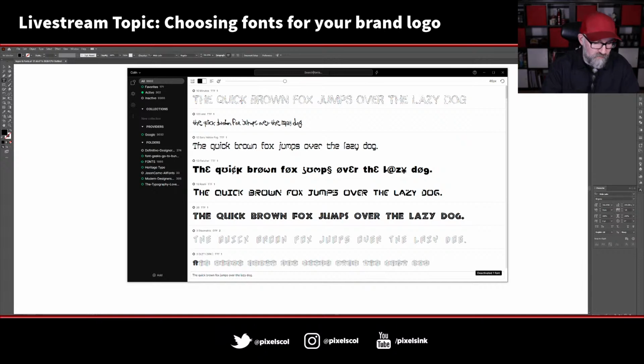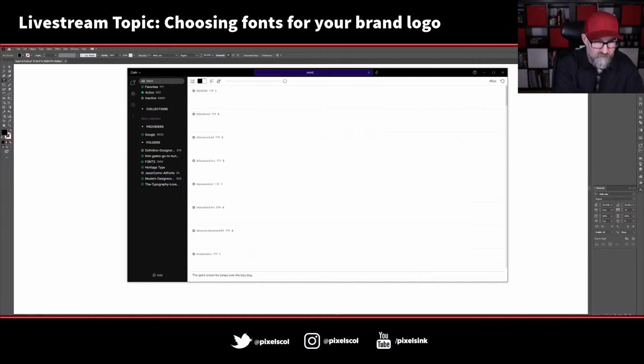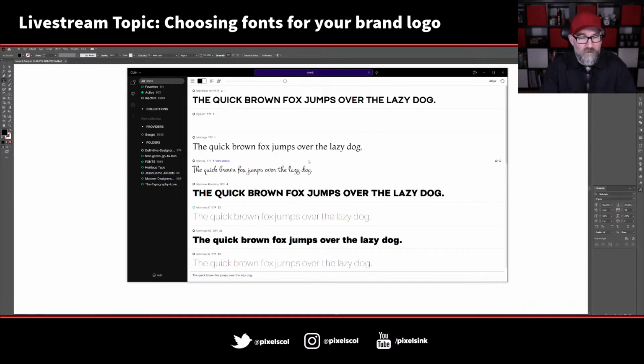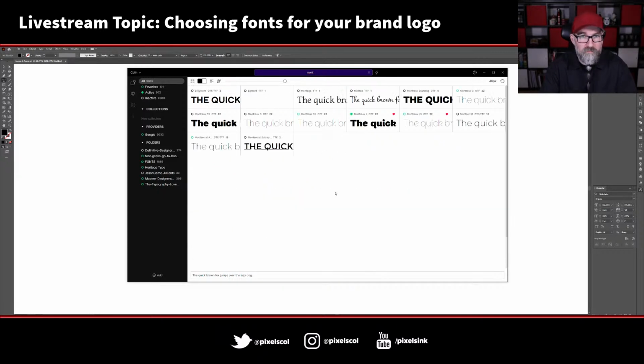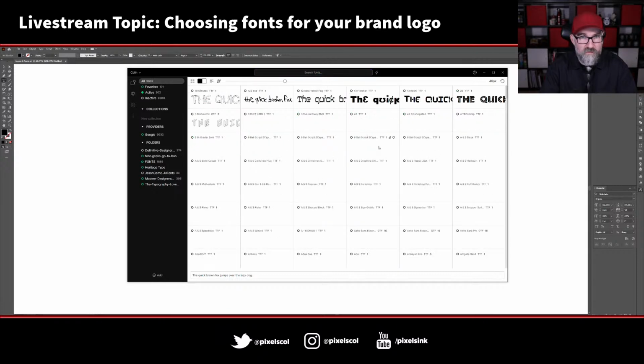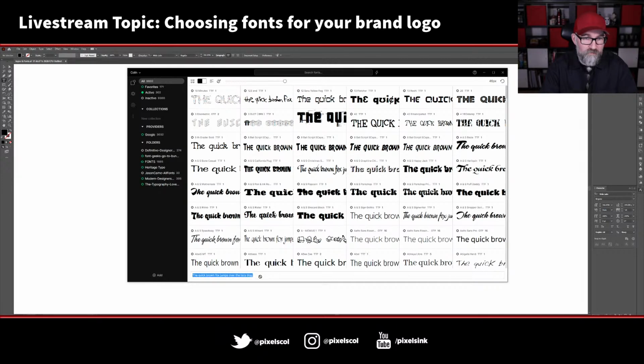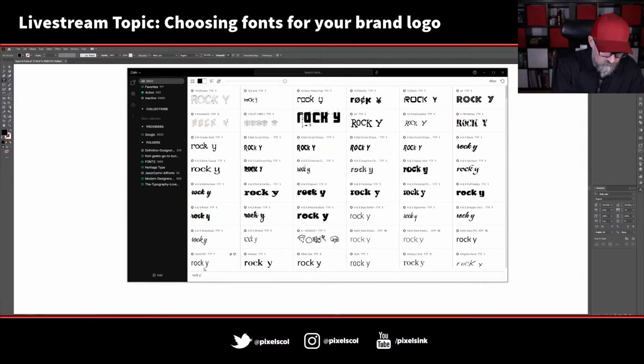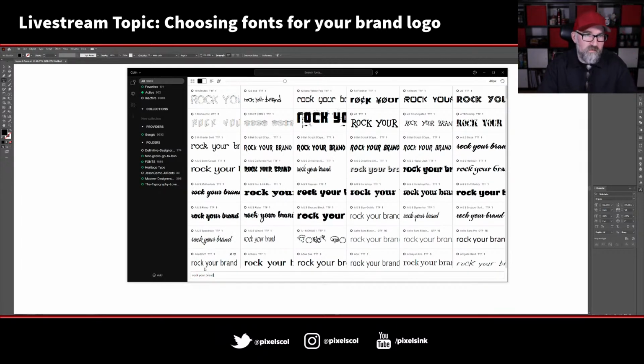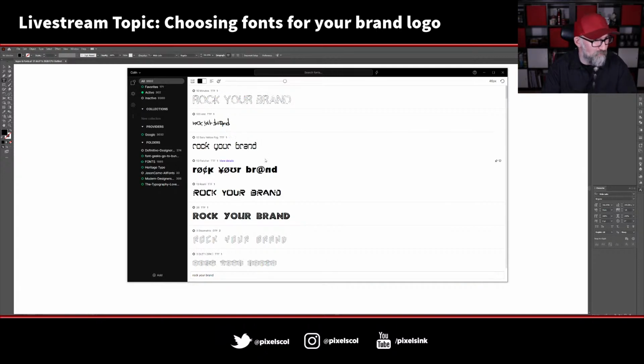I can search for specifics, so I can find anyone that begins with MONT or has MONT in it. I can view by a grid as well, so if I take the search off, I can have a much quicker search. And if I wanted to, I can type in the words that I'm trying to look for, because that then helps you make your choices better.